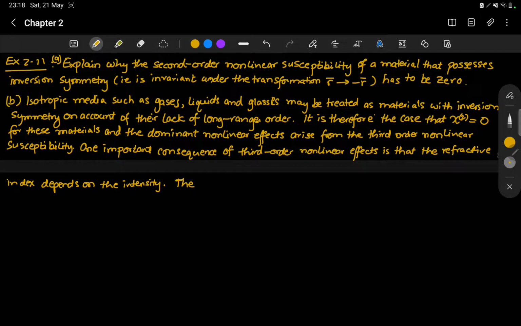The nonlinear refractive index N2 is defined according to the following expression,